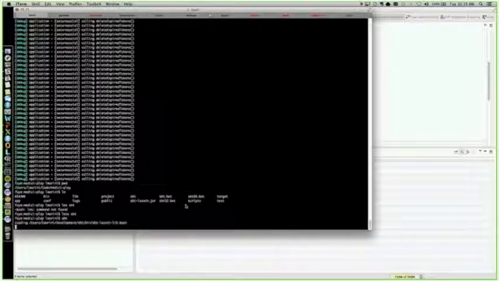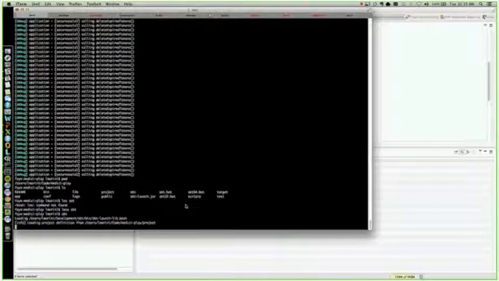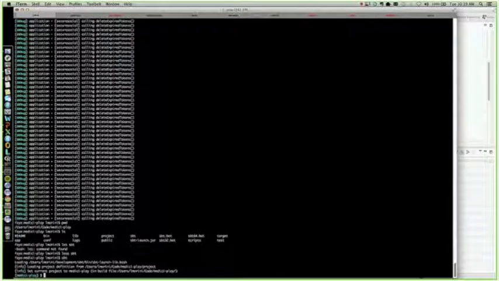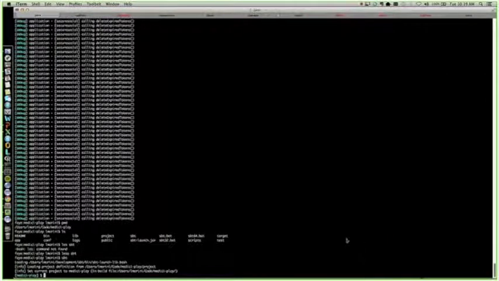So, what is SBT? The first time you launch it, it loads a configuration file, so it knows all the parameters for this particular project. I will show you in the code in a second what that looks like. But what you can do with SBT is, the first time you run it, it probably is downloading a bunch of jars, dependencies. If it doesn't, you can do an update,